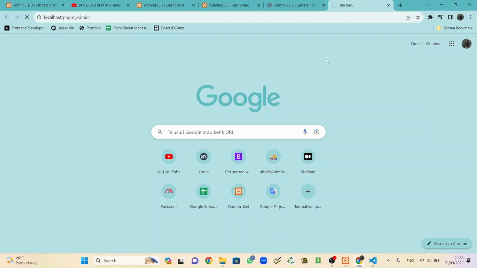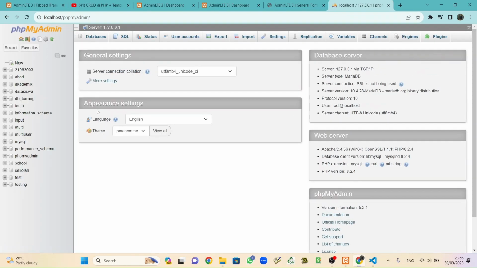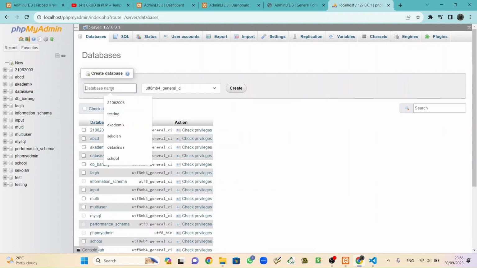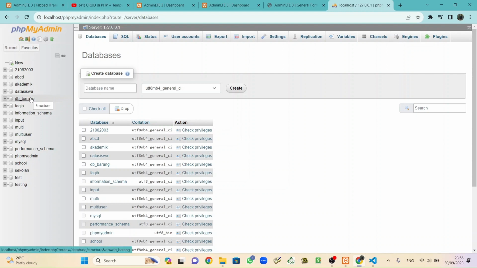PHPMyAdmin, make a database first. Okay, wait, there is loading and buffering. Make a new database, or I will use my database, DB barang.